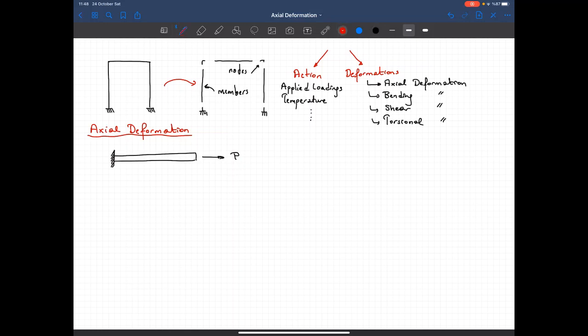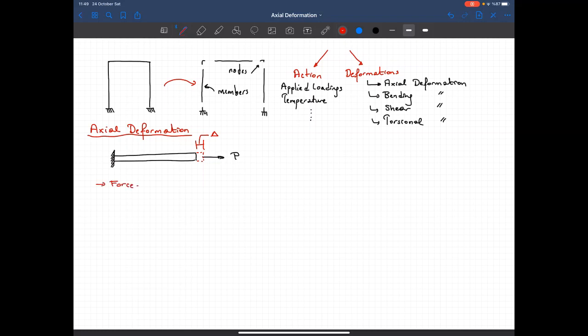And according to the description of our axial deformation, we said that axial deformation causes elongation or shortening in the member. So let's show the elongation. So due to that axial load, this member will elongate, and the amount of elongation is equal to delta. Now the question here is, what is the relationship between the applied load and the corresponding deformation, which is the amount of elongation in that case? Okay, and the way we derive this relationship has certain steps, and we will use these steps for every derivation. The first step is